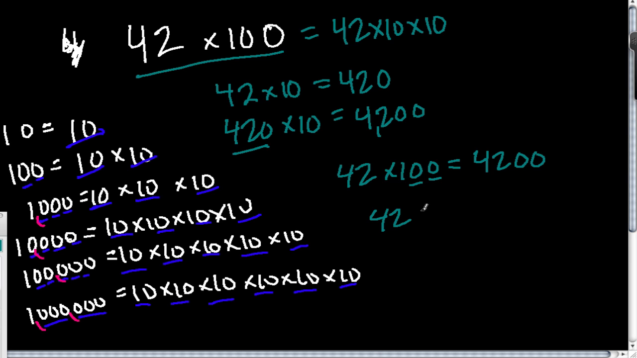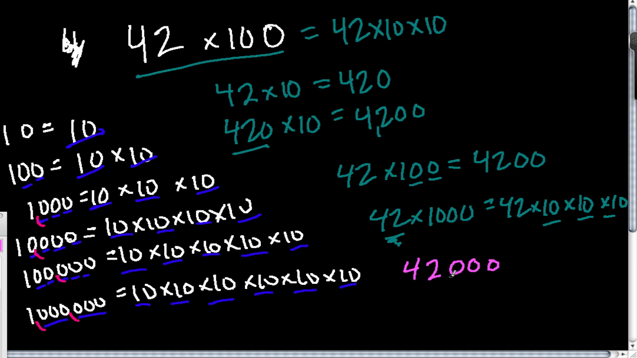Likewise, 42 times 1,000. Well, this is like 42 times 10 times 10 times 10. And every time we multiply by 10, we have another 0 added onto our original number. So what's going to happen here is we have 42 times 1,000 is really just 42 and 3 zeros, or 42 1,000s, which is what this number says right here. Knowing this, we can really deal with any problem,